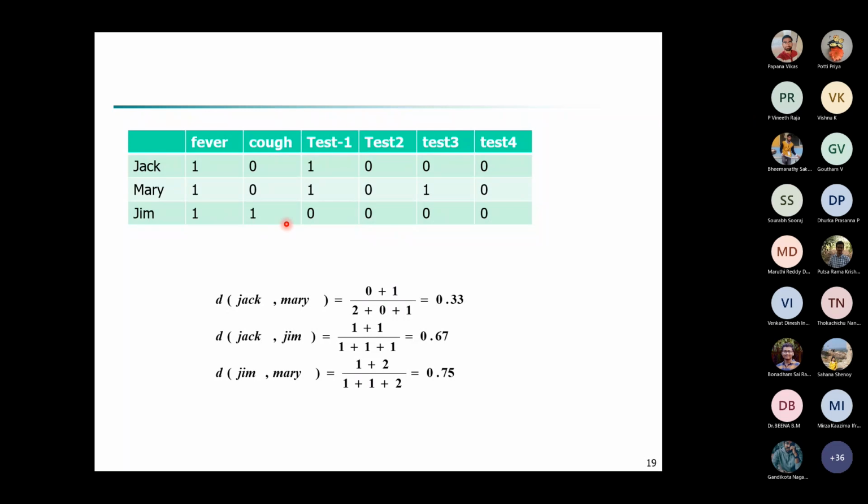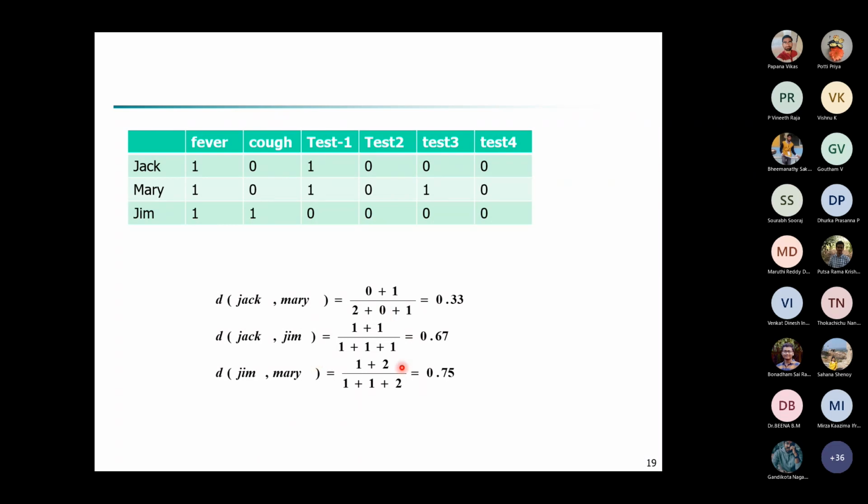So how many 0 1? Is the first one 0 1 or 1 0? First one is 1 0, right? Student: 1 0, ma'am. R is 1 0. So we should see like this. 1 0. How many do we have? We have only one, only in the last one. Only 1. That's what I told. By mistake, if you swap the values of R and S also, it doesn't change your value. So you don't have to worry that much.